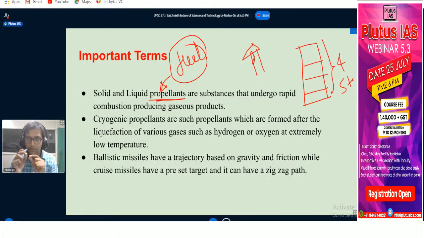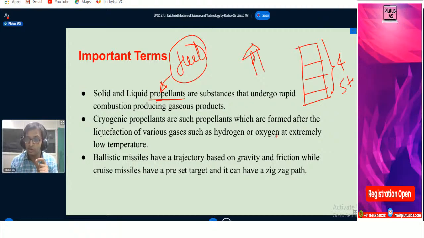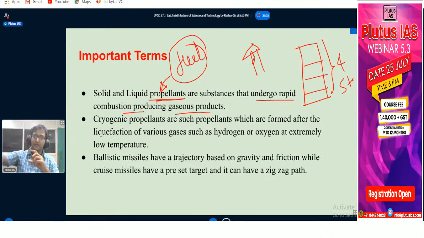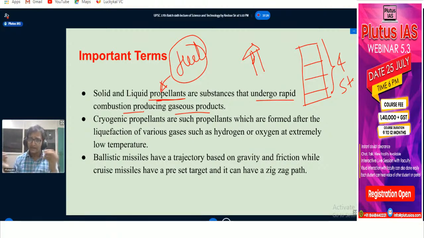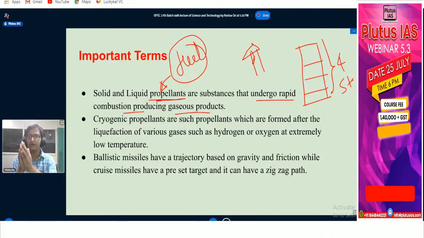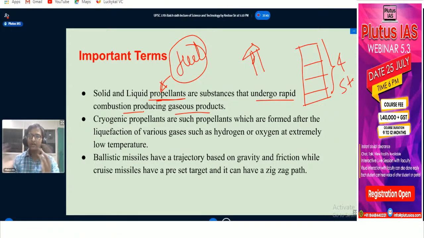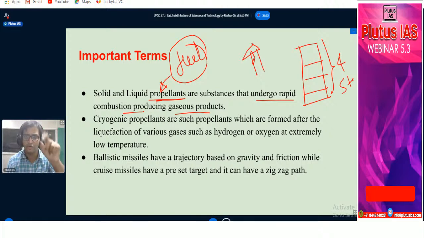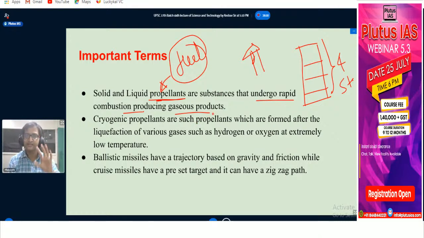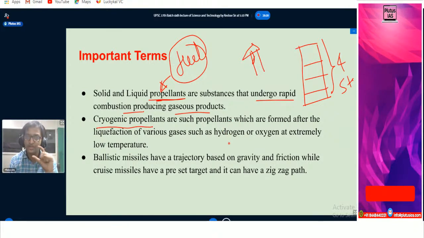So there are 2 types of propellants, solid and liquid, substances that undergo rapid combustion producing gaseous products. So there is solid, but when you launch it with the help of air, it just converts into gases. So it helps the missile to get the thrust, and the rest of the part is just waste, as gaseous substances. Just like your fuel, you are giving your petrol, but is it coming as a liquid or gas? It is coming as gas. So in the same way here. Then we have one more thing that is called cryogenic propellant. Cryogenic propellant is such type of fuel